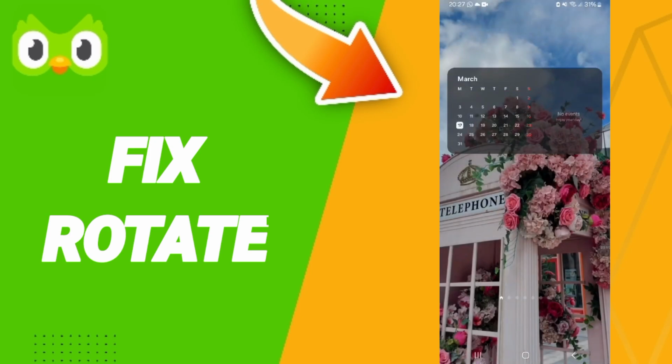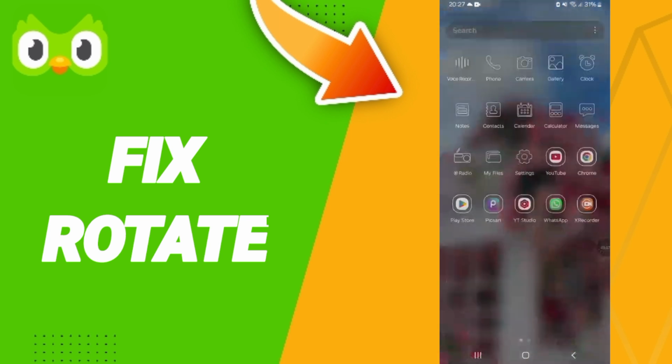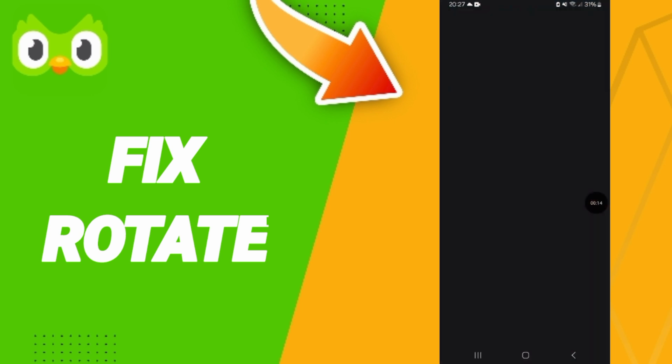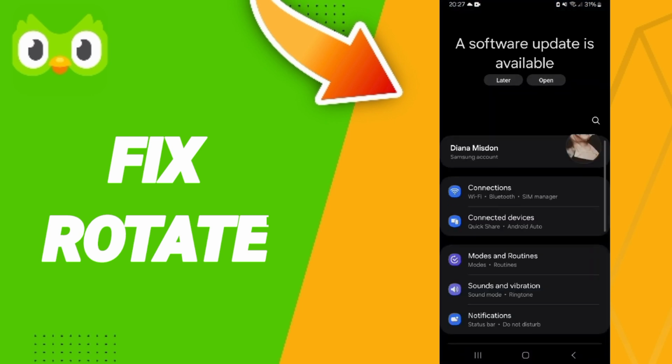Today we will talk about how to solve the problem of rotate on the application of Duolingo. We click on settings. In this page,